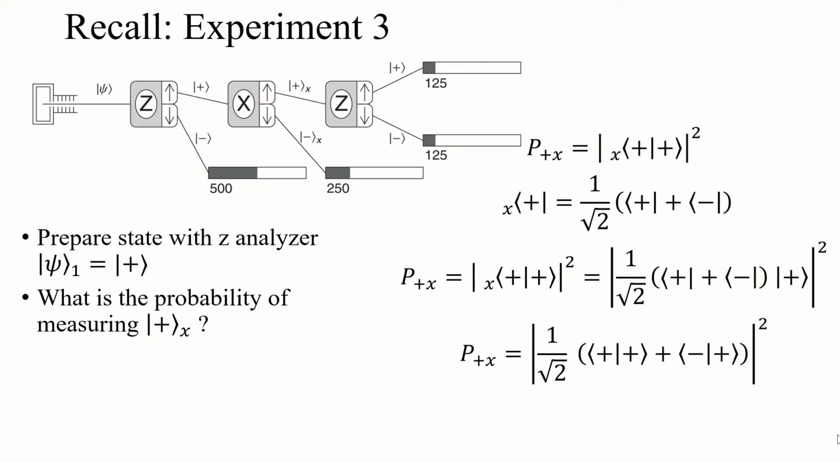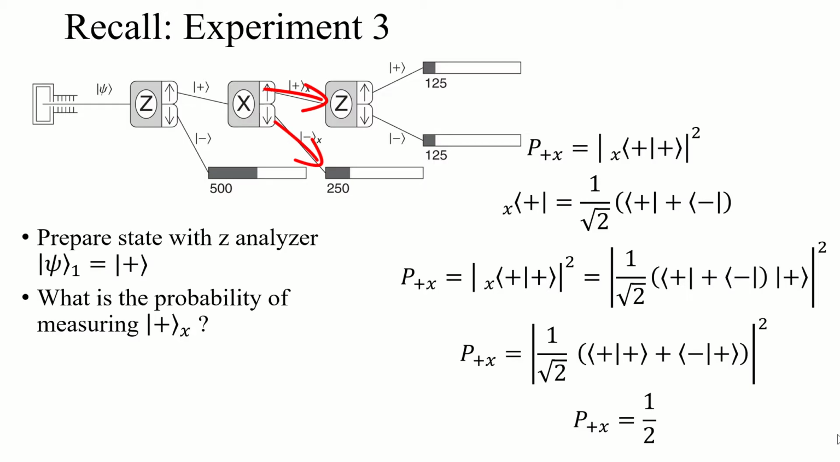We can just carry out this inner product, and we get the 1 over root 2. The spin up inner product with itself is 1. The spin down inner product with the spin up is 0, because those states are orthonormal, and we get that the probability of measuring a spin up in the X direction is 1/2, or 50%. And that's what we saw when we went through this experiment. It was totally random. Half of the particles coming out of that X Stern-Gerlach analyzer were spin up in the X direction,